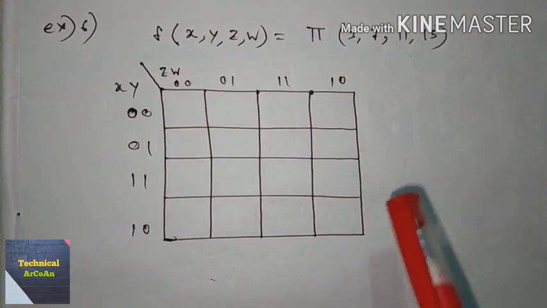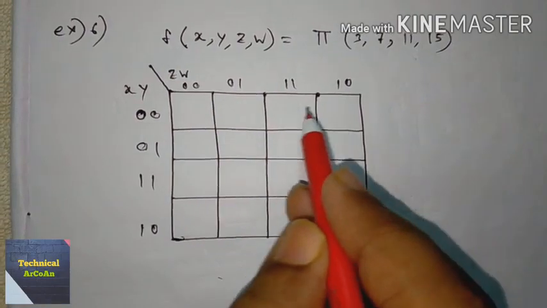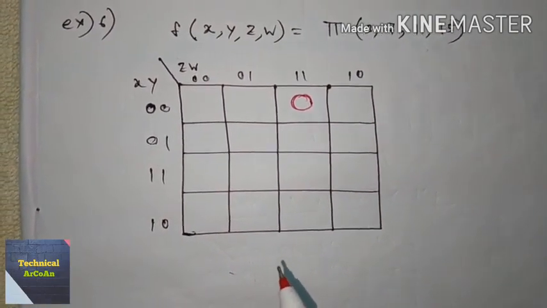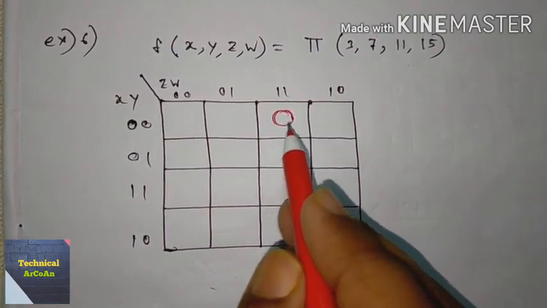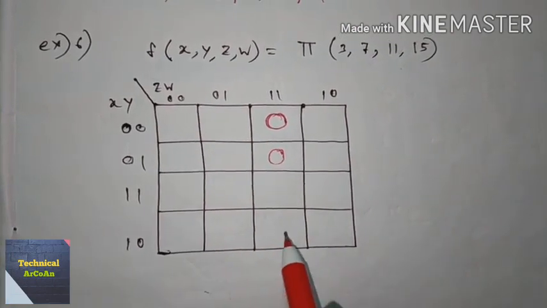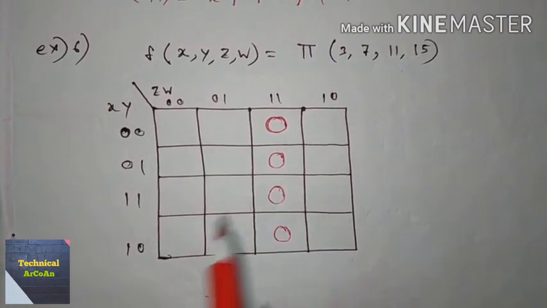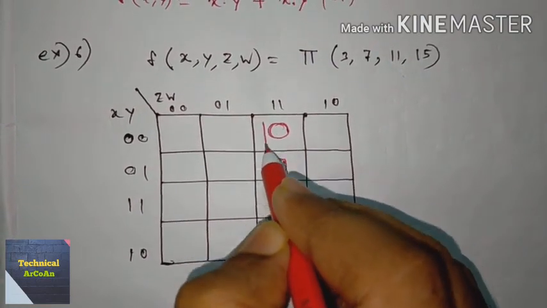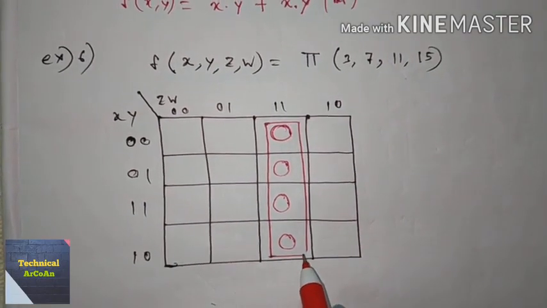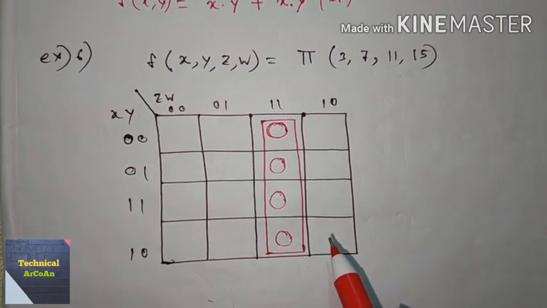And here we take the 4 variables. So the position is 3. So where is the 3? 0, 1, 2, 3. Now we put 0, we already know. For the max term, the value is 0, okay? So 0, 1, 2, 3, 4, 5, 6, 7. So this is your 7, 8, 9, 10, 11. This is your 11, 12, 13, 14, 15. This is your 15. Now you form the group. Same rule will be followed. Group formation, either the group in vertical or in horizontal, not in diagonal, and should be adjacent, okay?